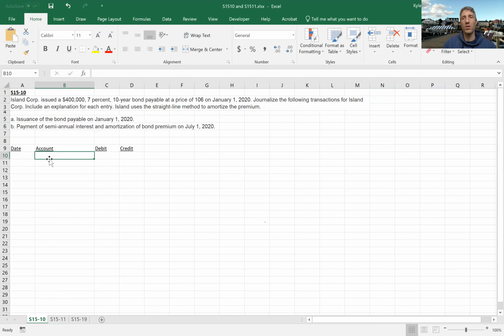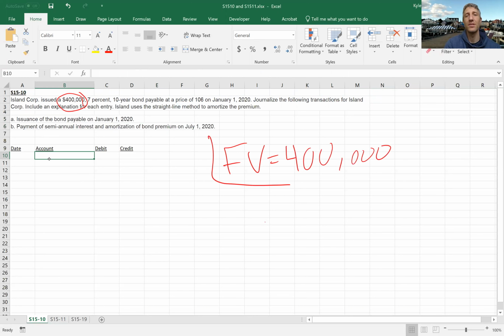Even before I do the journal entries or even start thinking about it, I think this is a good opportunity for us to review some key bond related terminology. So here we have 400,000. That's the face value of the bond. This is how much the lenders, the bondholders, are going to receive from the corporation at the end of the